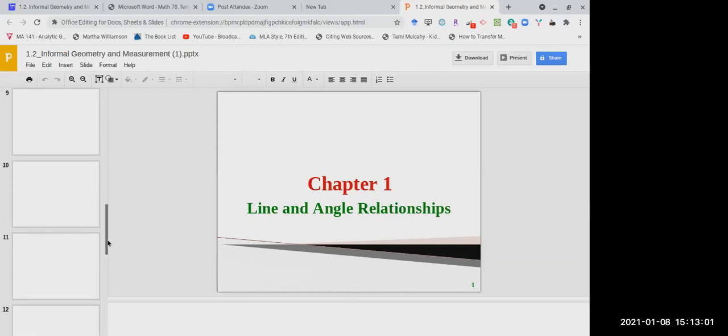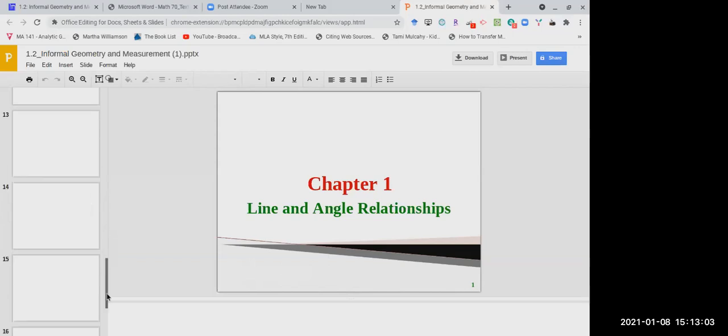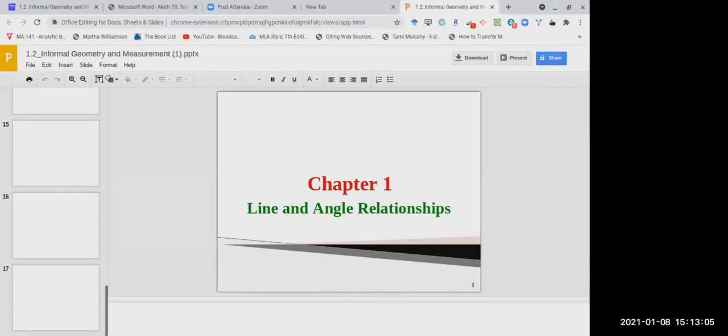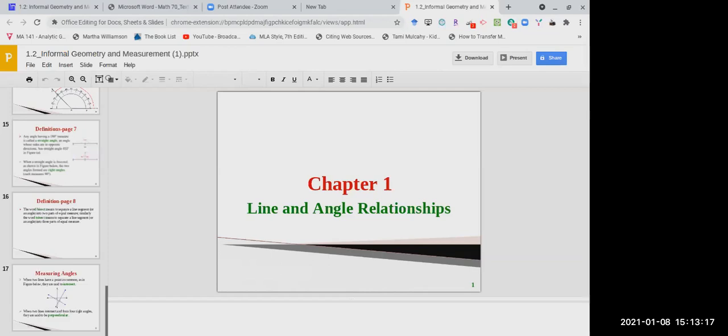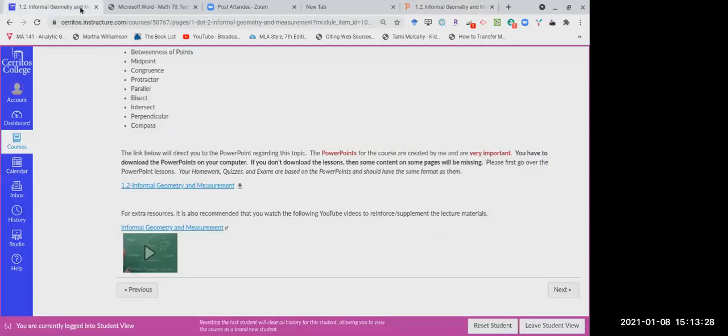This first lesson has a total of 17 slides in it, and there will be a lot of definitions in the beginning. There are definitions and examples of things. And then let me come back to the other page that we were on.